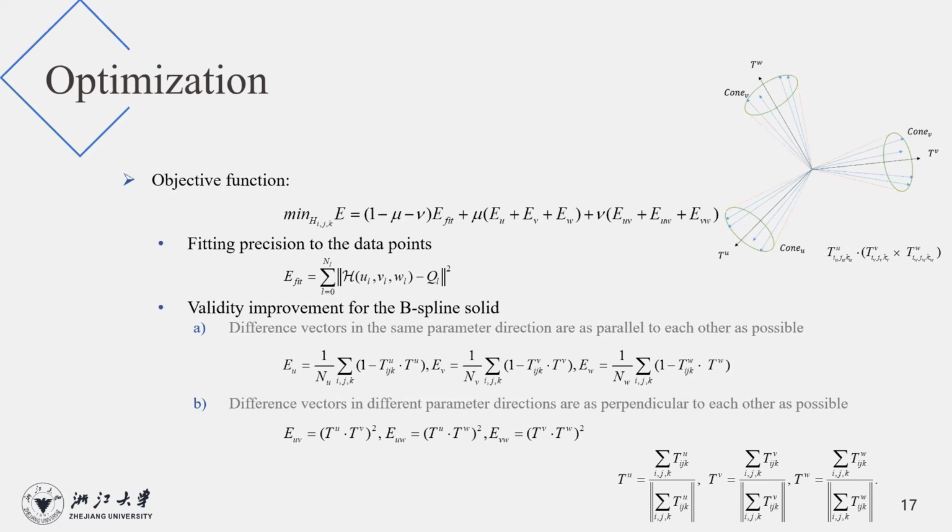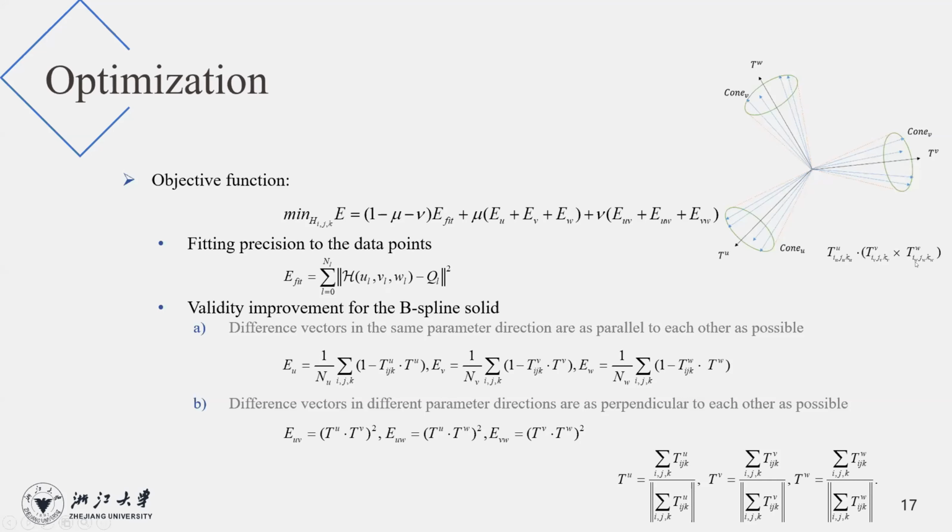Firstly, the fitting precision to the data points can be ensured by this function. Secondly, the validity of the B-spline solid can be improved by the following function. As shown in the picture, 3 cones are constructed by the difference vectors in 3 directions. The Jacobian determinant can be improved by maximizing this formula,